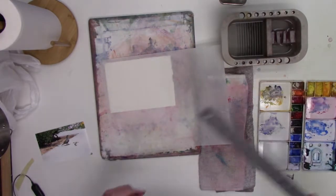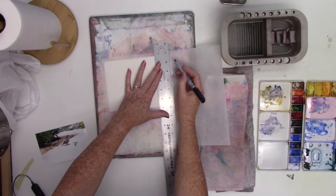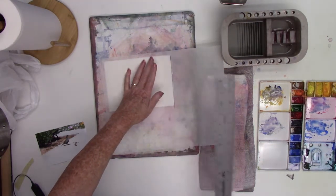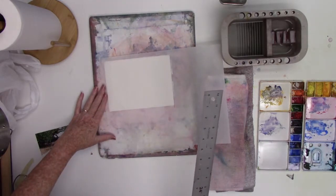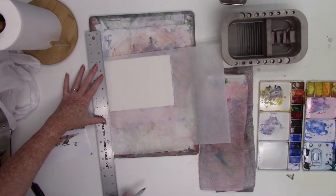Little puddle painting, about 5.5 by 7.5, which is what, 1/16 of a piece of watercolor paper. So my first step is to get a plan down onto tracing paper. So I'm going to